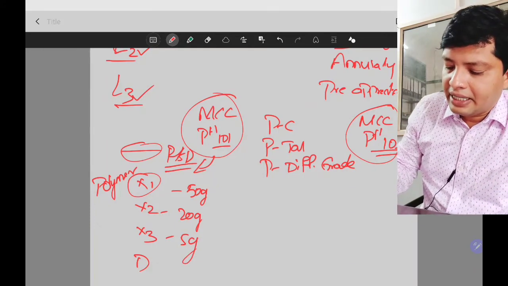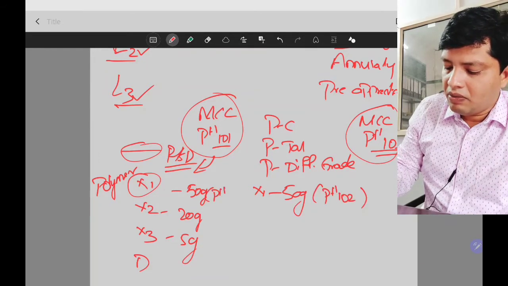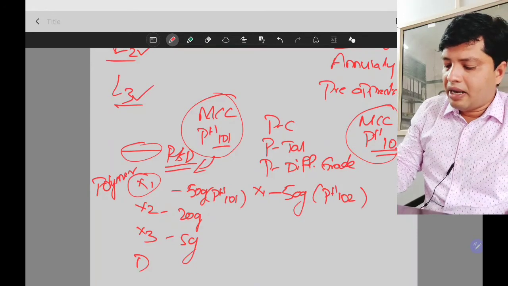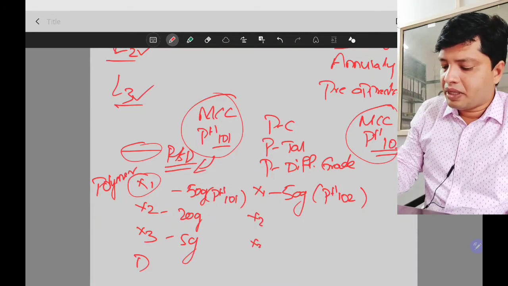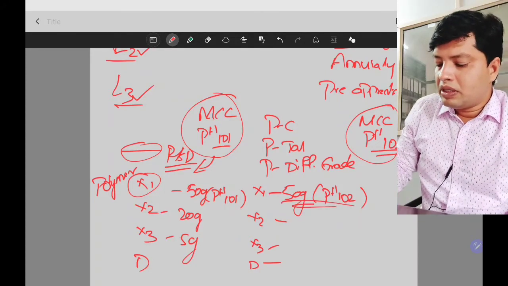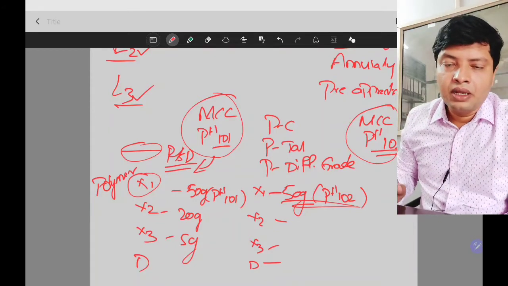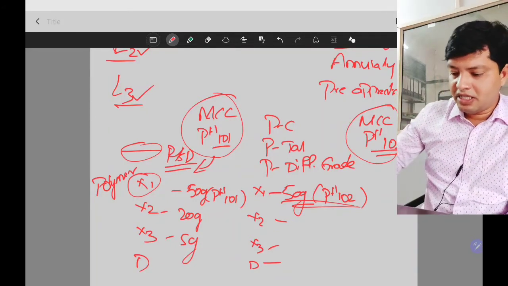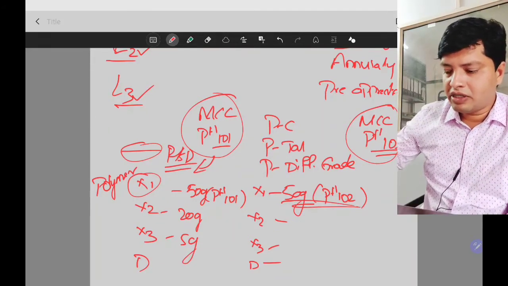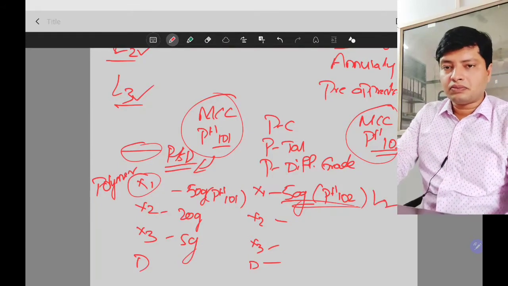Let's say I am changing the grade here, same X1 I am using 50 mg, but here the grade is pH 102, previously I was using pH 101, and remaining everything is the same. Okay, so grade change, it doesn't have a major effect on the performance and stability. I found that it doesn't have a major effect, so I am classifying it as level 2.